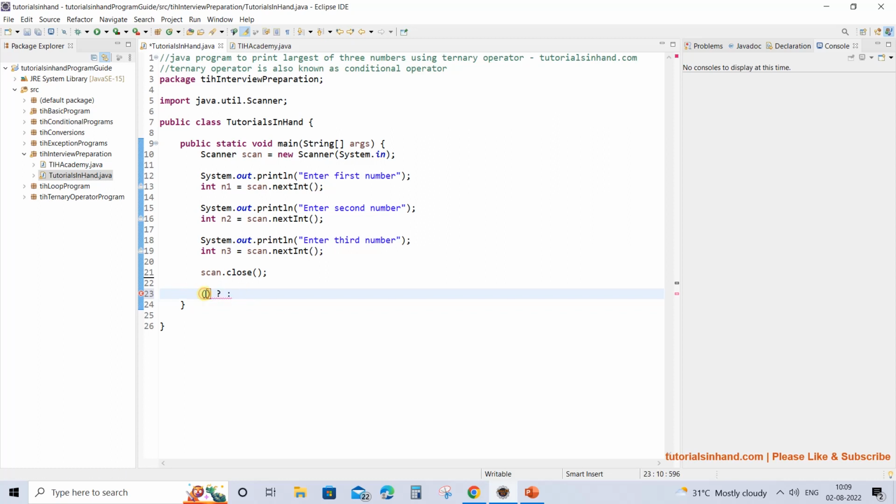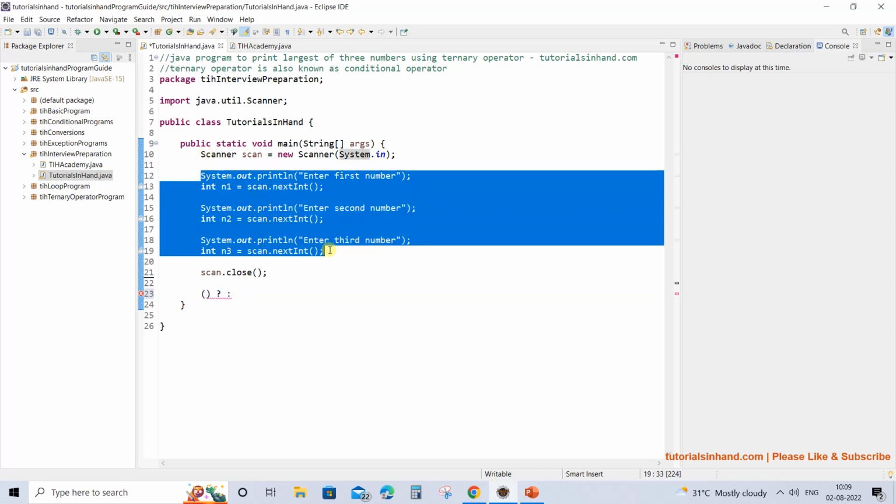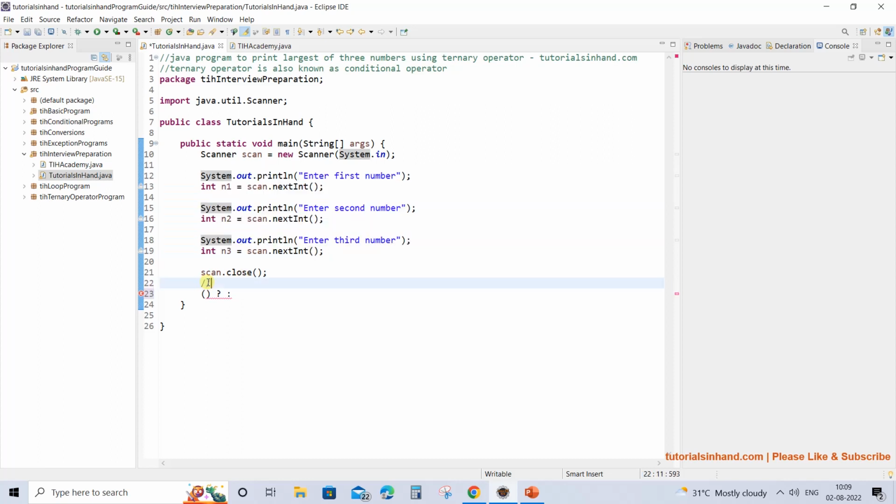So here we have to check the condition, and in this case we will have to use a nested ternary operator to find out which one is the greatest. Because we know that for a number, suppose n1, to be the greatest, n1 must be greater than n2, and n1 must also be greater than n3, and only then can we say that n1 is the greatest of n2 and n3, right? So we have to check twice.